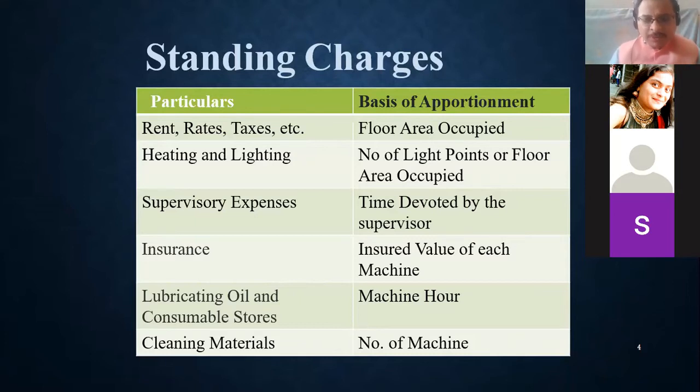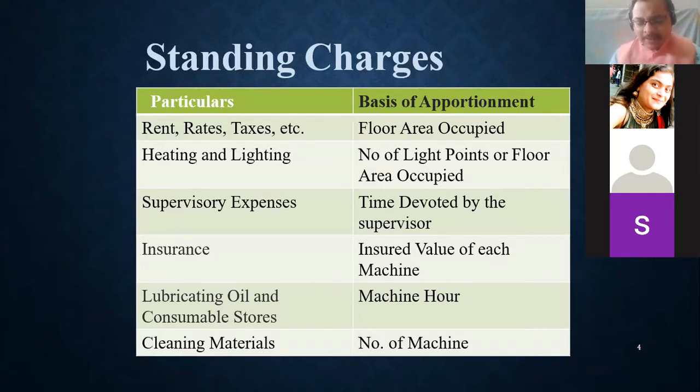So if you assume that every 3 months I have to go for servicing, when you go for servicing you have to change your engine oil and all, yes or no? So these are some basic requirements of the machine. In the same way, after a particular interval your machine needs some oiling, correct? So if you assume that after one particular interval you have to change the oil, then it will come under standing charge.